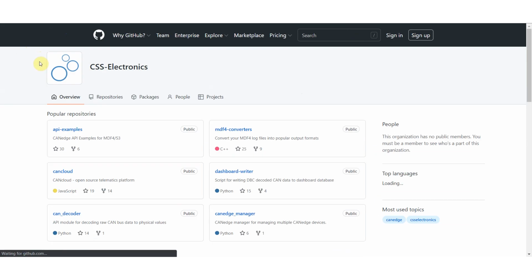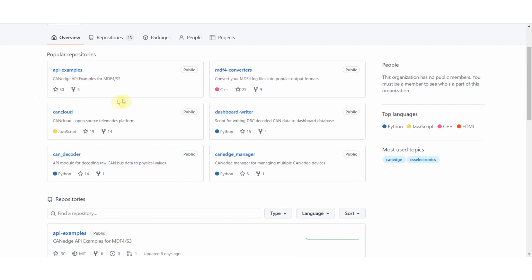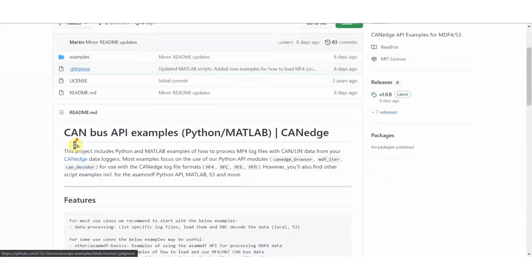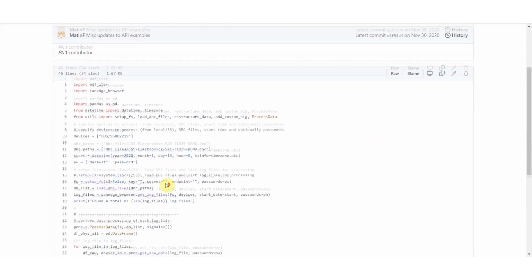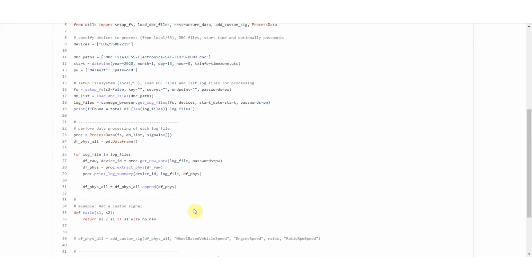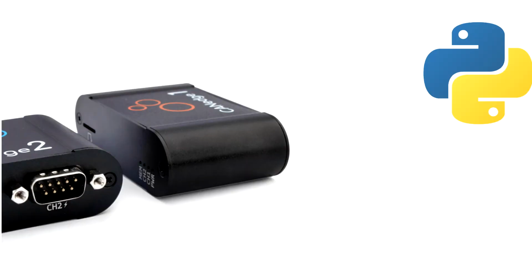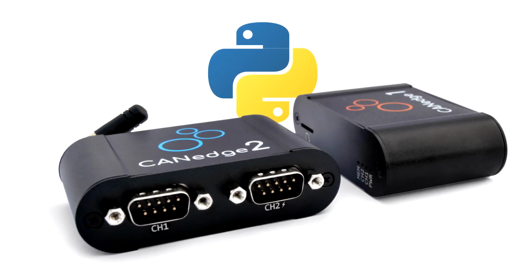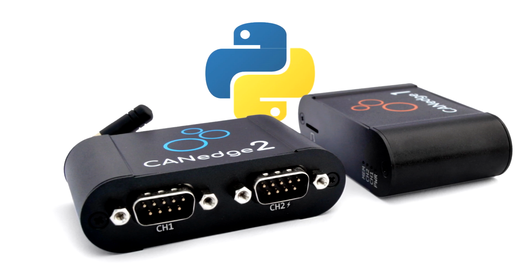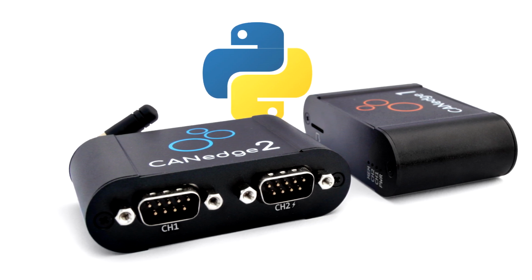The Python API modules are 100% free and open source with support for both Windows and Linux. We also provide multiple simple-to-use code snippets and classes which enable you to quickly get started. The Python API can be extremely useful to many practical use cases. Let's briefly look at some of the most important ones.